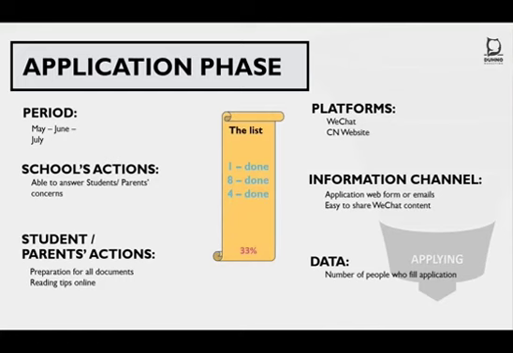Here, the data is basically how many people fill up your applications. This is the data that you are looking at. Do you have a certain level of engagement at this level? And the other aspect that you can look at is whether it is qualitative. Is it a good thing to have 1,000 applicants for 10 seats?